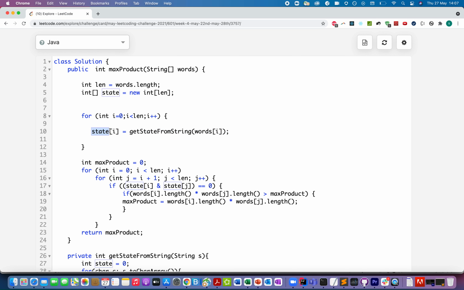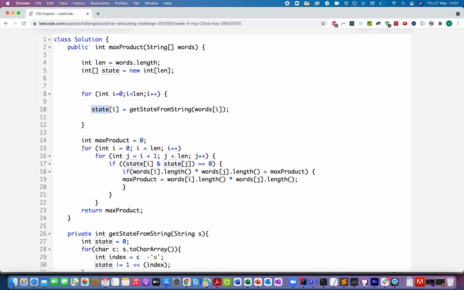Once we have the state array in place, we looped over the state array twice so that we cover all the possibilities, and wherever we find that the state at the ith index and the state at the jth index happens to be 0, that means they do not have any character in common, the word at the ith index and the word at the jth index.